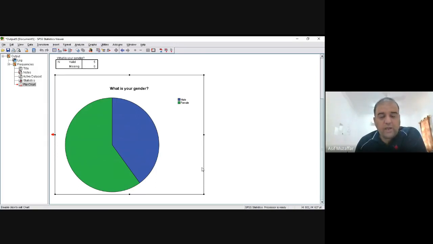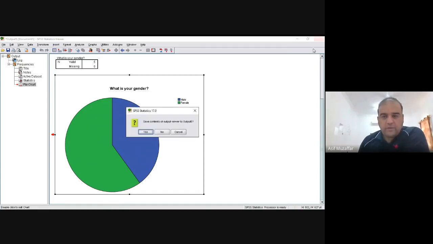So why is there no mean, median, mode here? Because this is nominal data. Nominal data would normally not come in the form of mean, median, mode. Let me show you others. You will see the mean, median, mode will be generated for that one. Okay, let me close it.